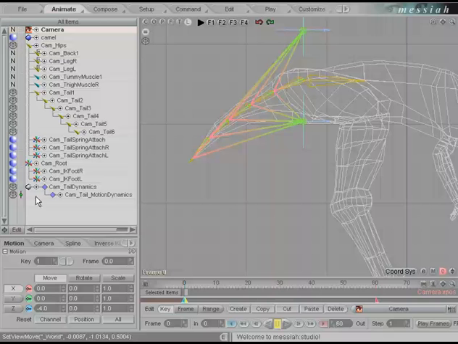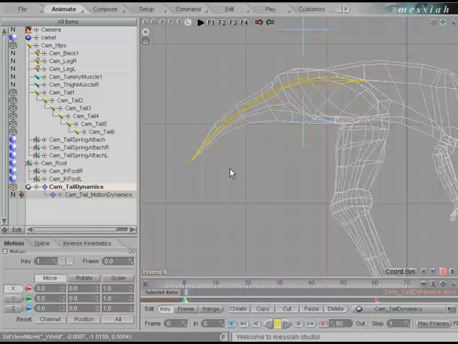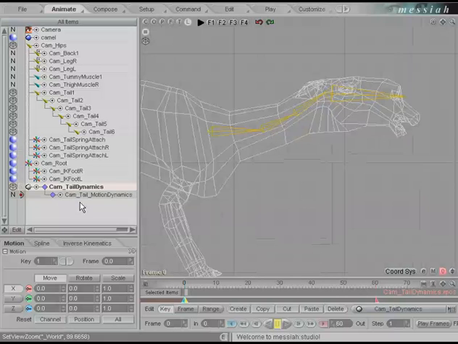Let's go into Animate for now, and we're going to set our tail dynamics. We're going to deactivate the effect so they don't use any calculations, and we're also going to set the Motion Dynamics node to none so we don't have to see our springs. Let's go to the head